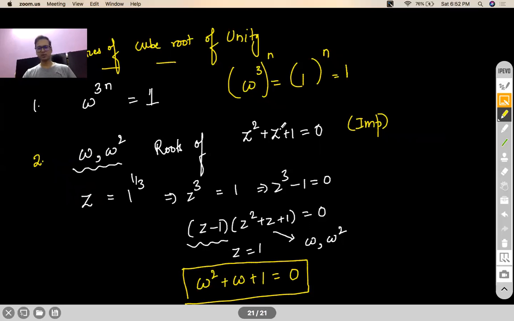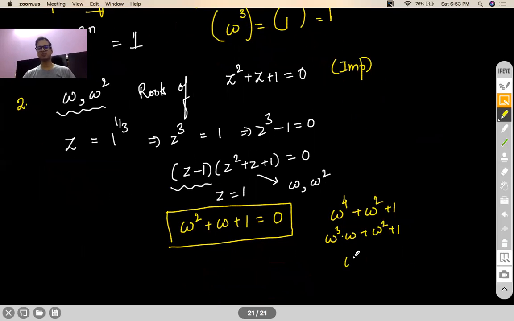Even if you put omega square, you'll end up getting the same result, because you'll get omega square square, which is omega to the power 4, and omega to the power 4 is omega cube into omega, and omega cube is 1. So this will actually give you omega. Let me write omega square in front, plus 1. This will still be 0. Okay, very important property. Is this fine? So please remember